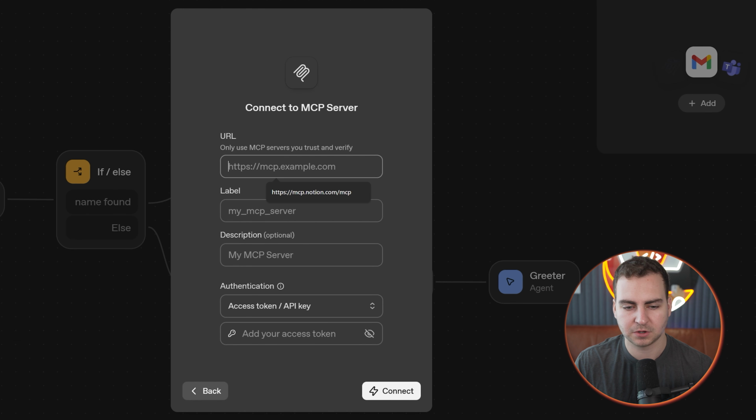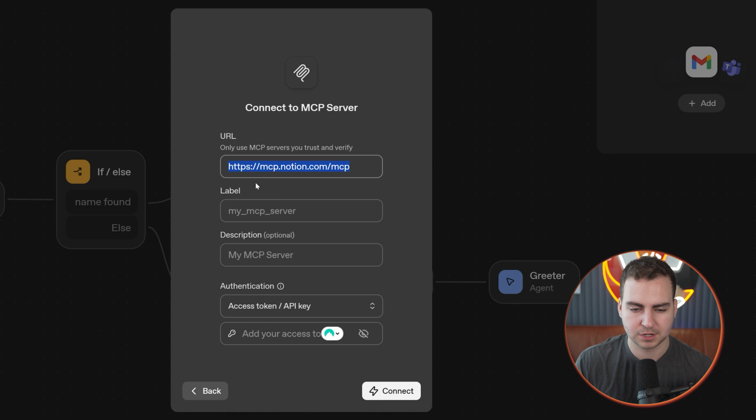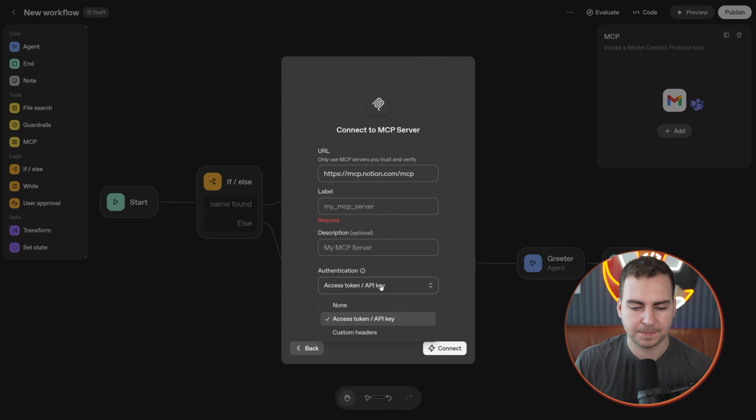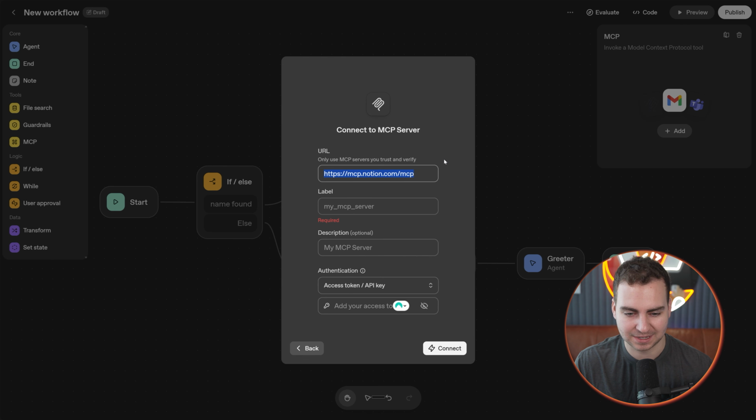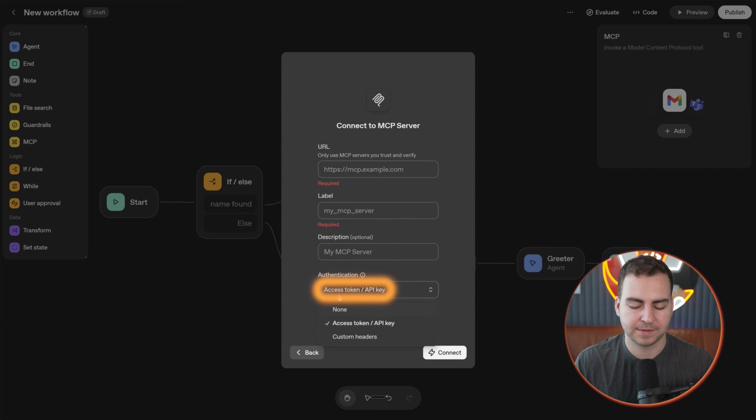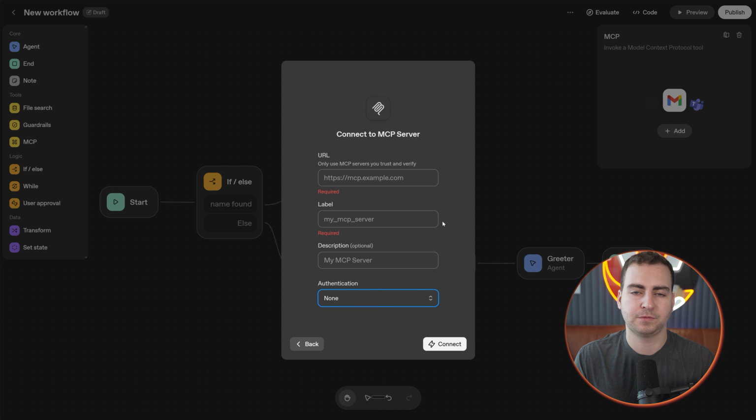And then you have the server where you can put in a server like the Notion MCP server, for example. However, the only way that this authentication works is using either custom headers or an access token, an API key, and it doesn't support an OAuth flow, which is how most of these MCP servers authenticate. So I'm not going to dive into this too much, but essentially, yes, you can add MCP servers here, but it only works if they're an HTTP MCP server, and if they do authentication using some kind of API key or custom header, not if they use an OAuth flow, which now is kind of standard, which is very unfortunate